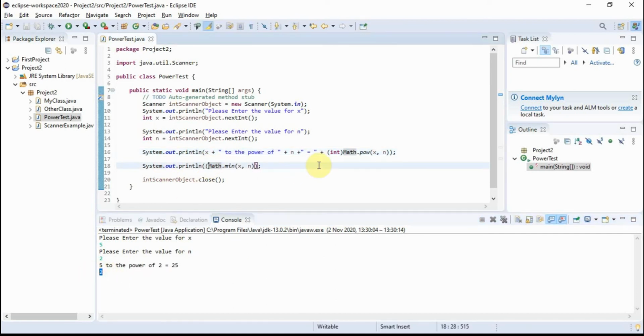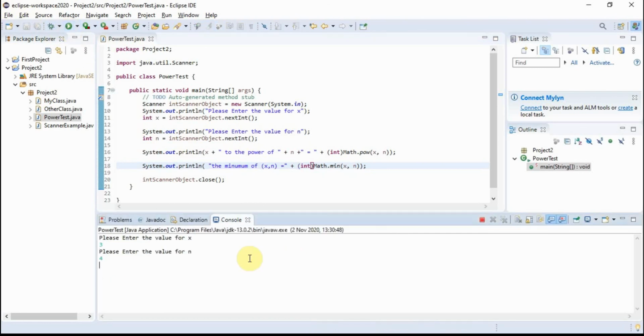I'm gonna do the same, saying the minimum of x n close bracket equal, come here and plus. Now it's maybe better, 3 4, 3 to the power of 4 is 81, the minimum of x n and 3,